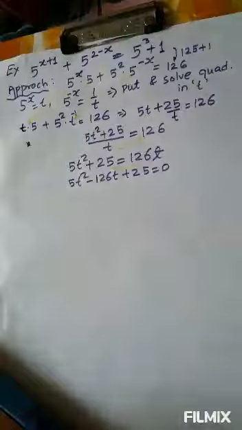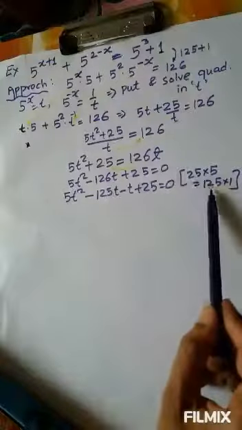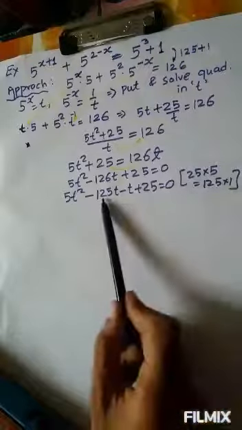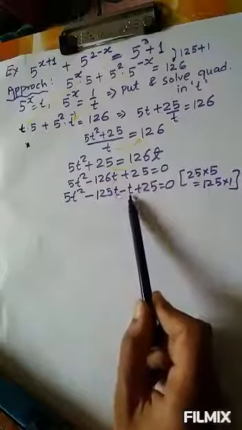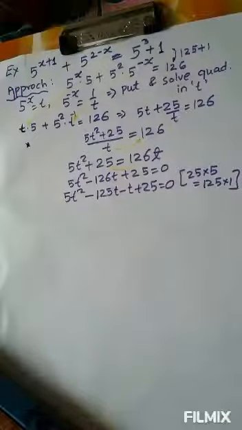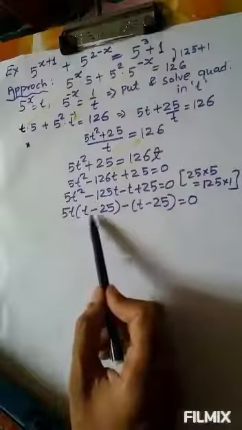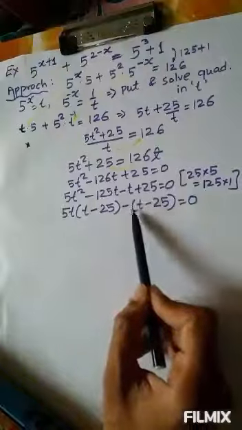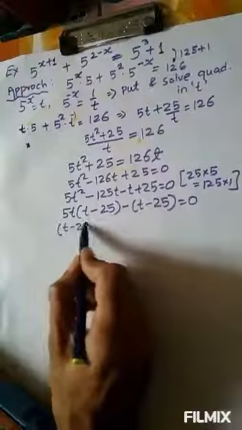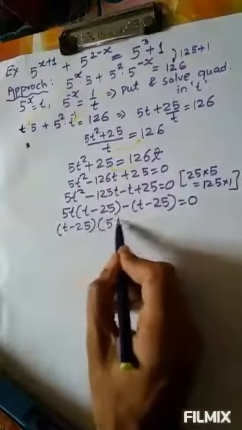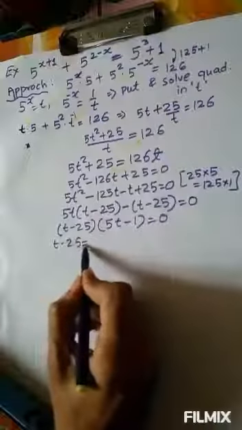Now we will solve this. As you can see, 25 into 5 is 125 into 1. So by splitting the middle term, minus 126t as minus 125t minus t, plus 25 equals 0. Taking 5t common, we get t minus 25, and here minus 1 common, again t minus 25. T minus 25 comes out as common. What is left inside is 5t minus 1 equals 0. It means t minus 25 is 0,